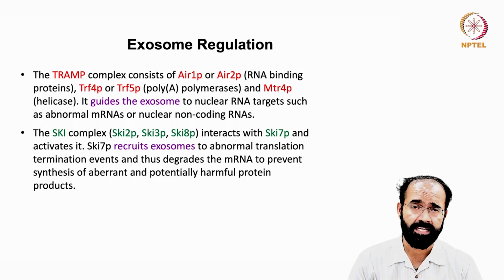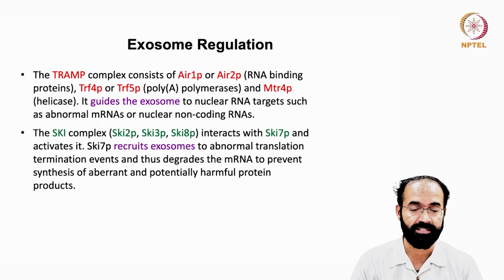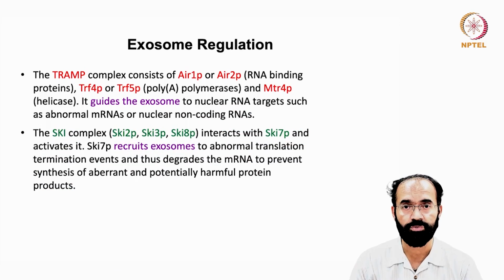So the SKI complex consisting of Ski2p, Ski3p, Ski8p interacts with Ski7p and activates it. Ski7p is capable of recruiting the exosomes to the abnormal translation termination sites, thus degrading the mRNA to prevent the synthesis of aberrant, potentially harmful protein product. If an mRNA has got a premature stop codon, then if it keeps producing this protein which is of no use, it can cause some inclusion bodies, it will not fold properly, and that can damage